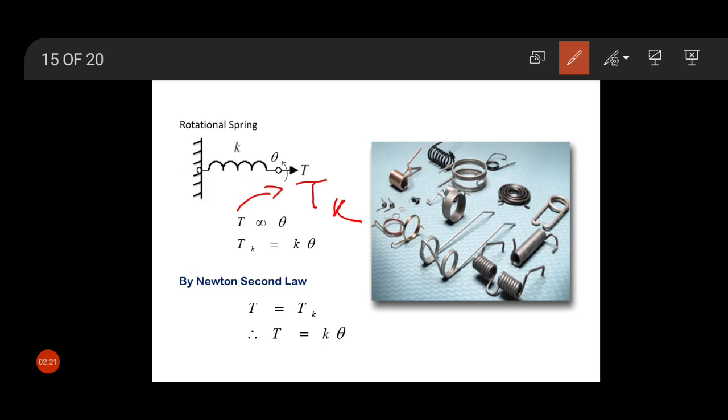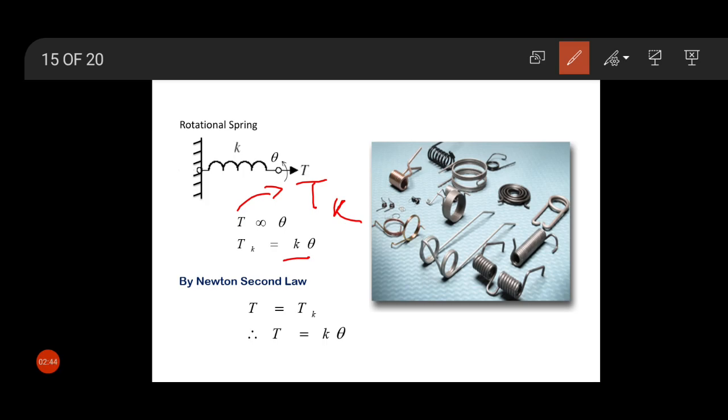That's why Tk is proportional to theta. If we eliminate the proportional sign, then we put a constant K. So Tk equals K theta. K is nothing but the spring constant,